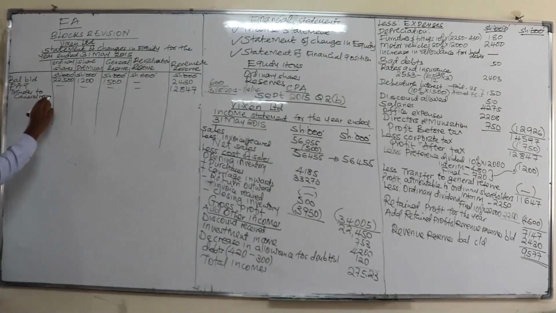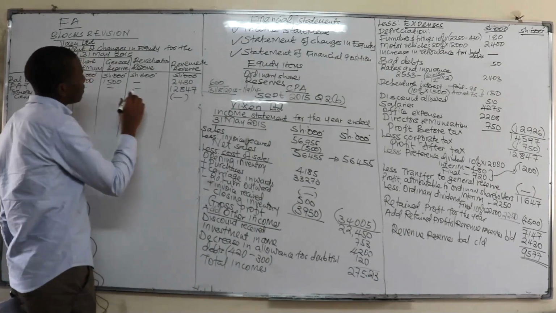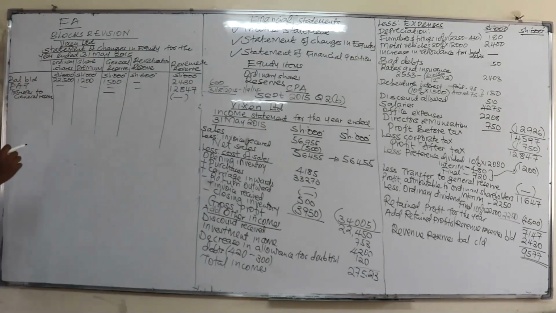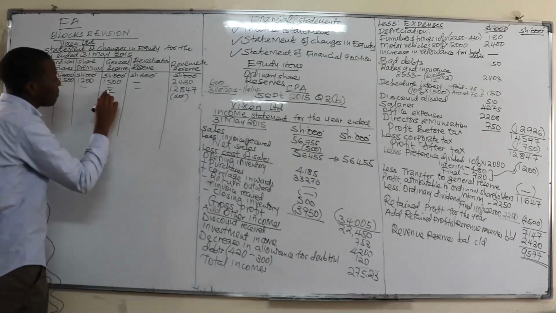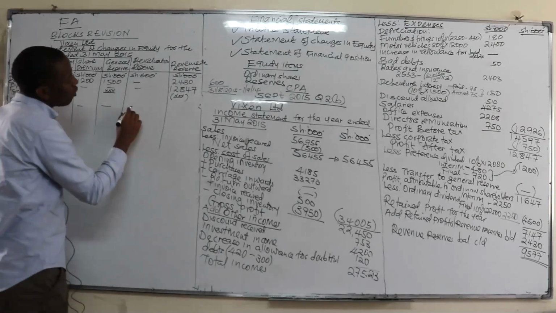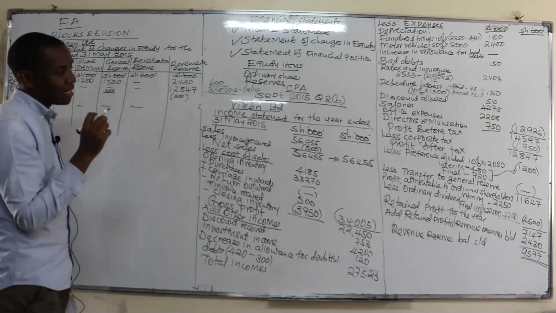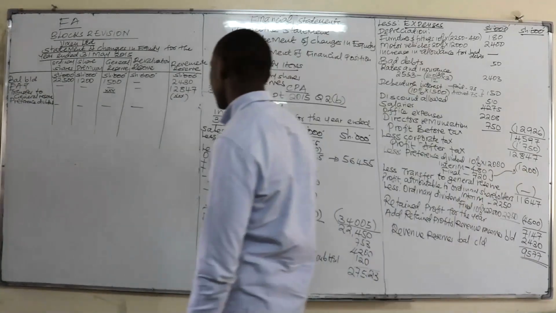If in our case there was a transfer to general reserve, hiyo pesa unaitoanga hapa, unaileta kwa general reserve. That is where you will remove that amount of cash there, you will come and add it there. That is the transfer to general reserve. Then remember, there is the preference dividend. Dividends are paid out of the retained earnings, and therefore in this case, this one will only affect the retained earnings.